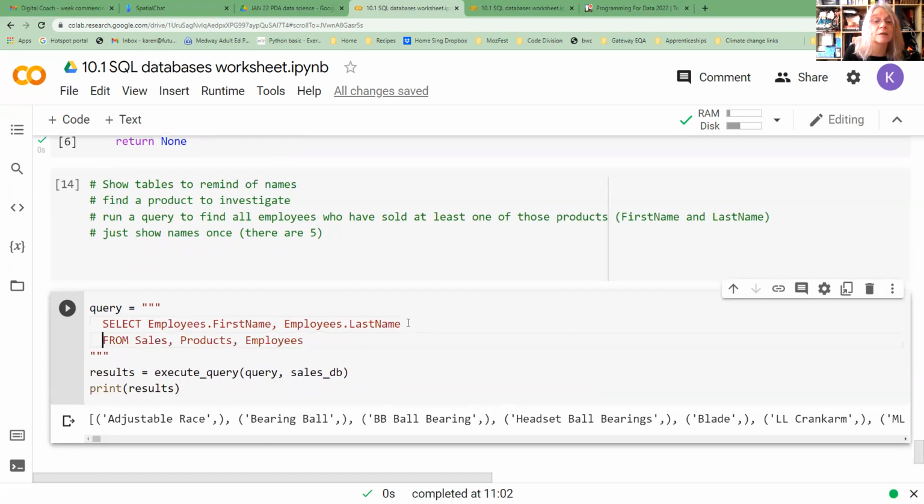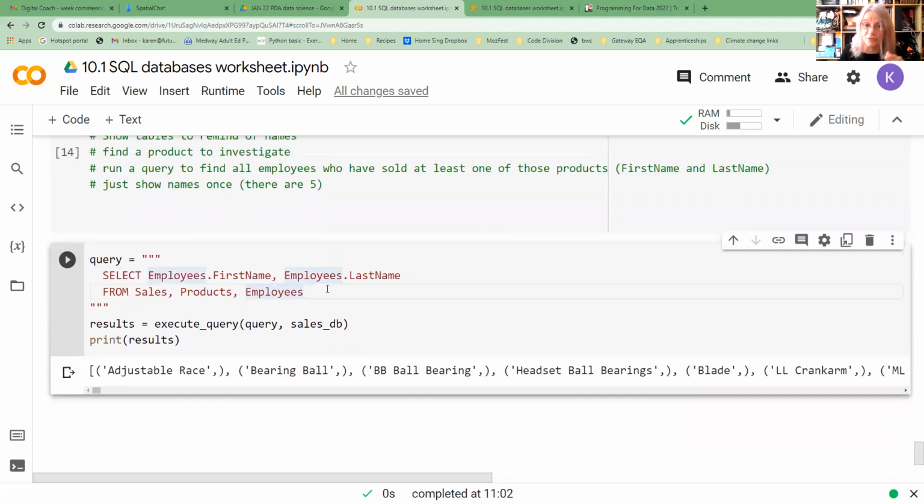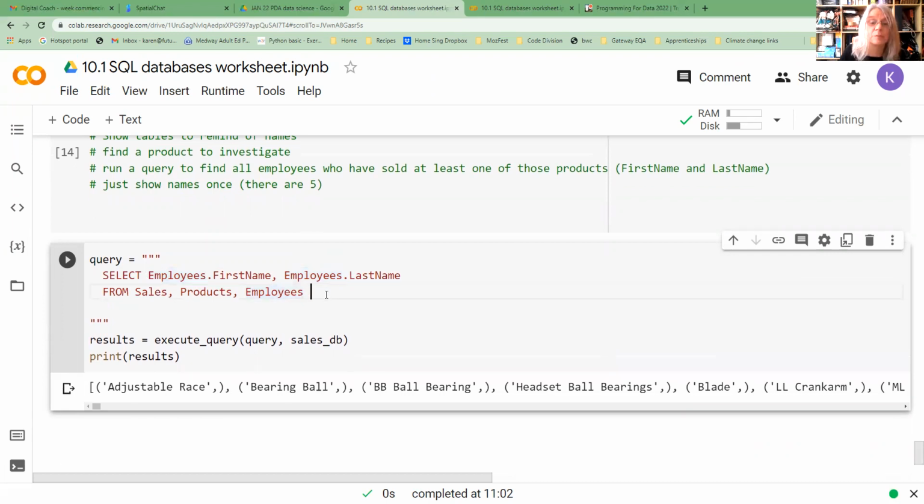Right, just to make this a little bit easier to read, I'm going to separate this out. So we've got select on the first line. What do we actually want to get back? We want to get the employee's first and last name. In order to get that, we need the sales table, the products table, and the employees table. I'm just going to put a space at the end there for when it puts it together again. We now need to